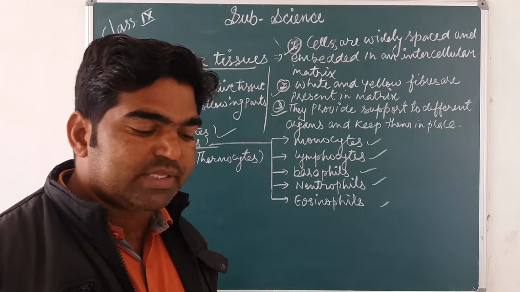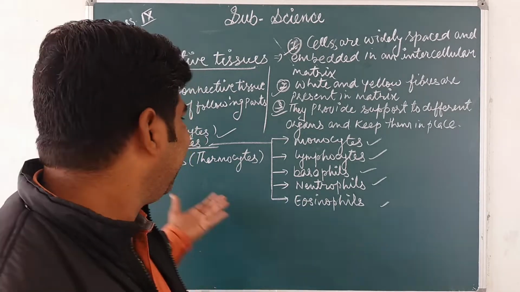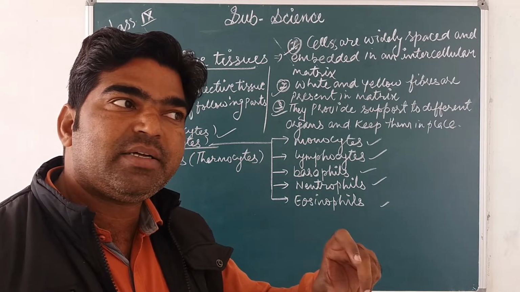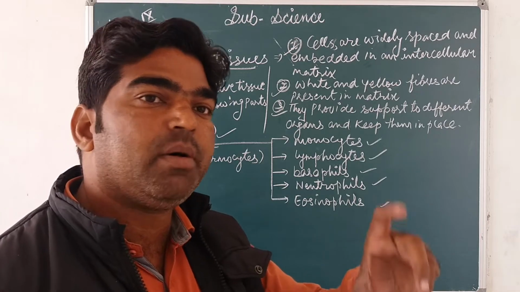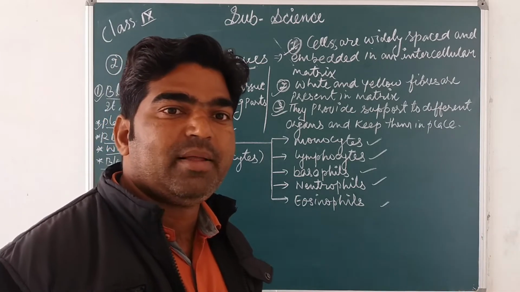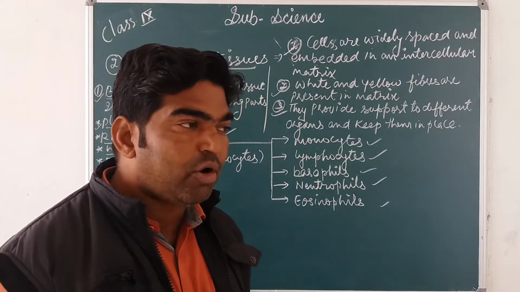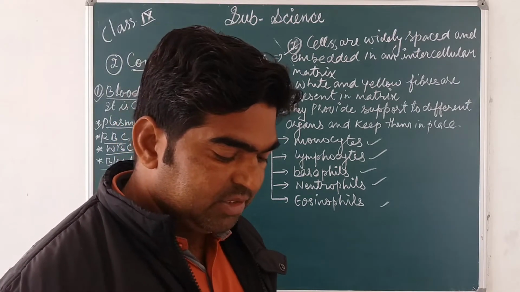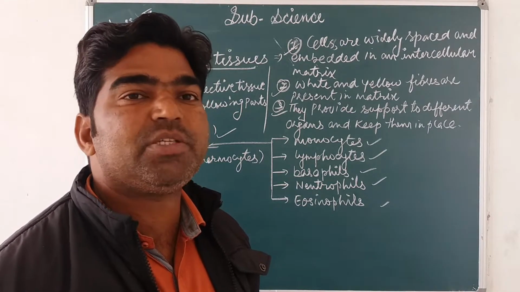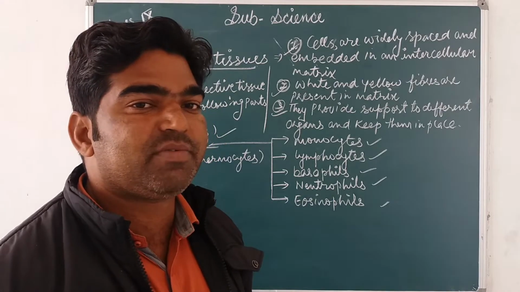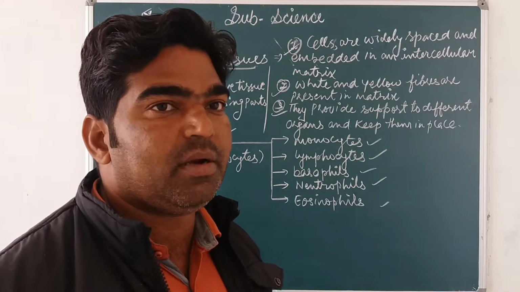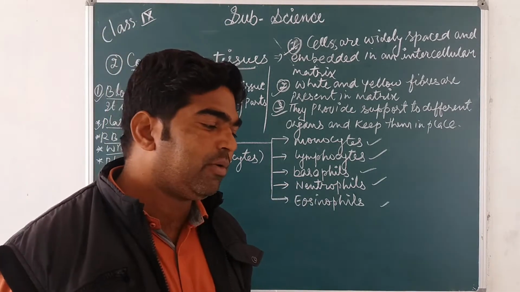They are spindle shaped cells which help in the clotting of blood. Spindle shaped means the points are sharp and the middle portion becomes wider or broader. They are also called megakaryocytes. Karyon means nucleus and mega means big, large. So it contains a big nucleus, that's why it is called megakaryocytes.